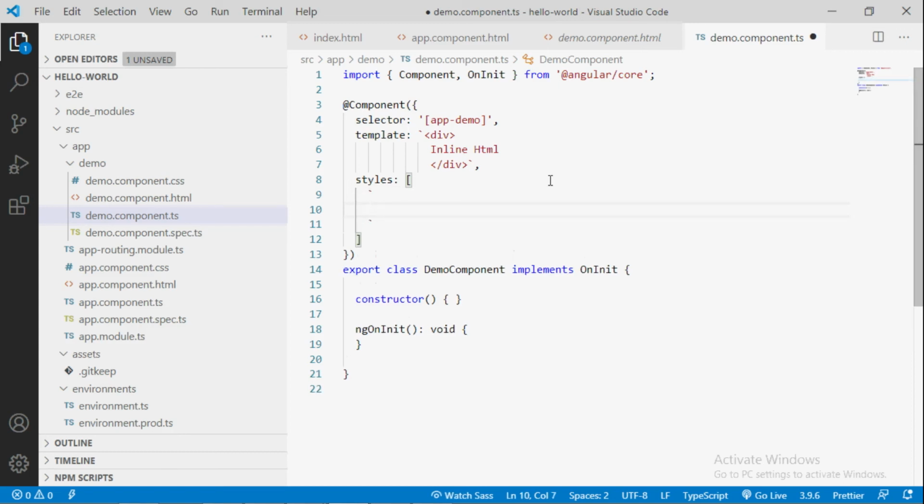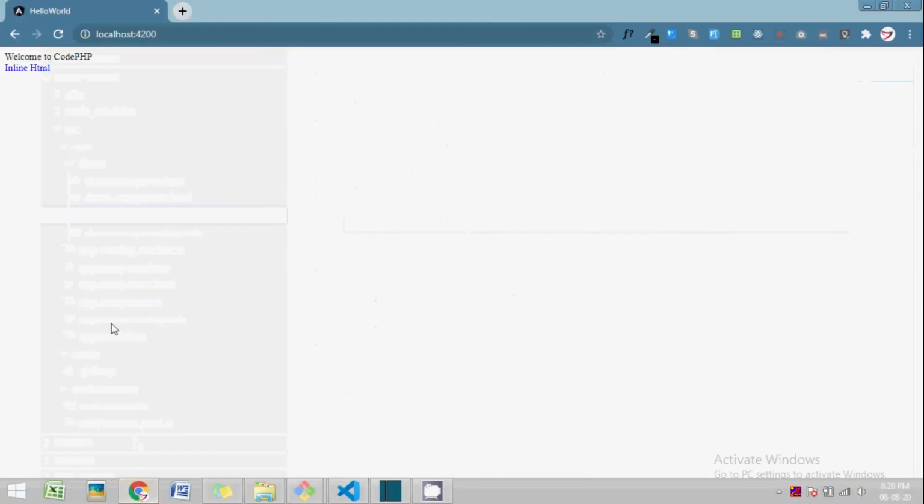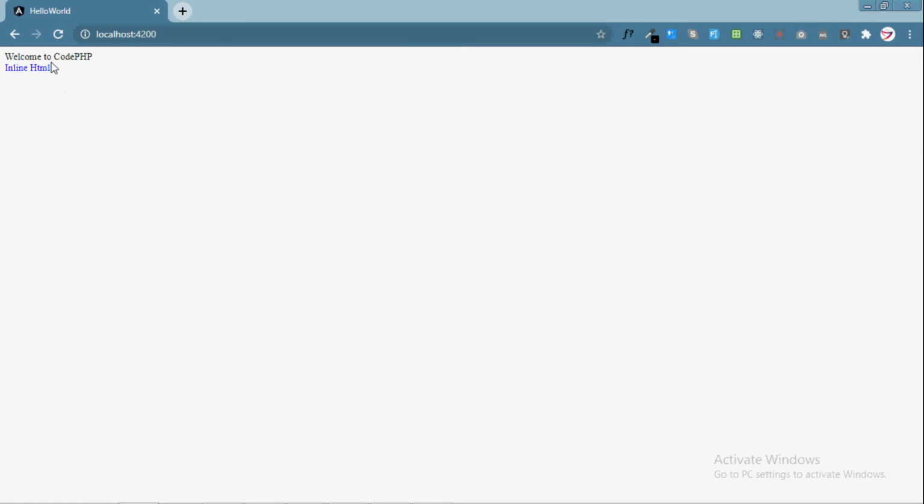We can use backticks to use multiple lines of CSS. So inside backticks add the style to the div element, div color blue. Save and go to the browser. You can see the inline template is now displayed in blue color.